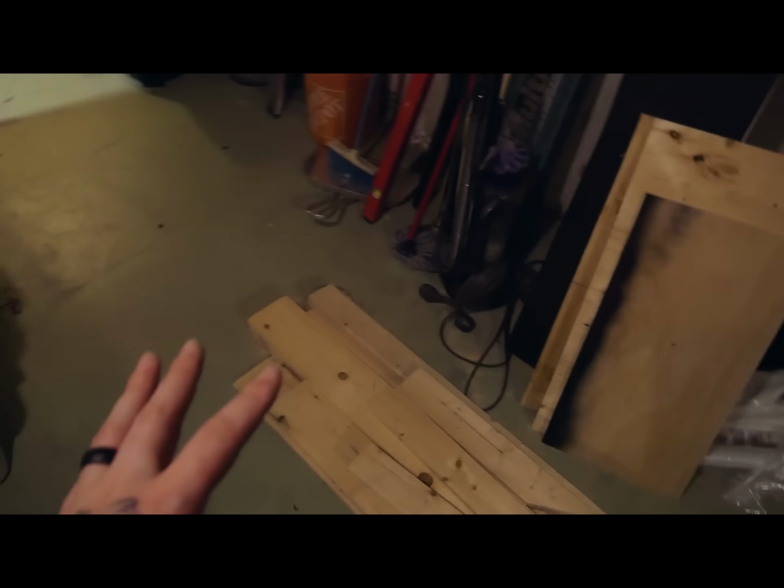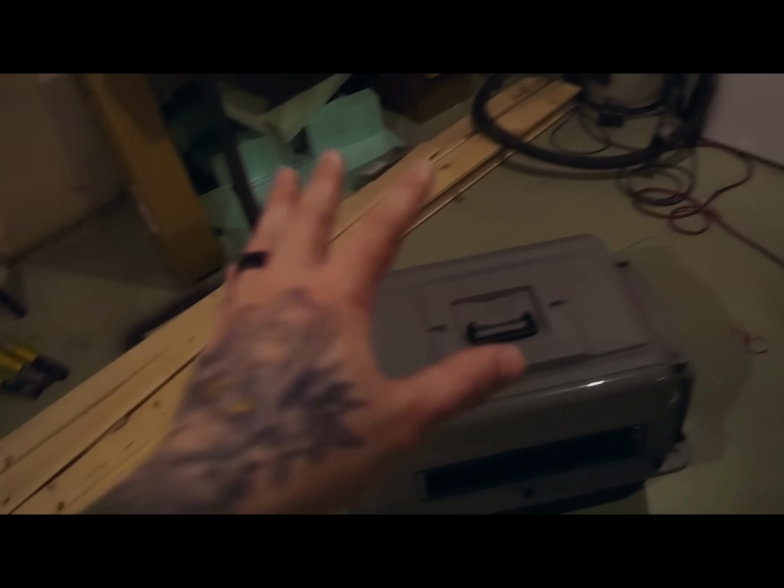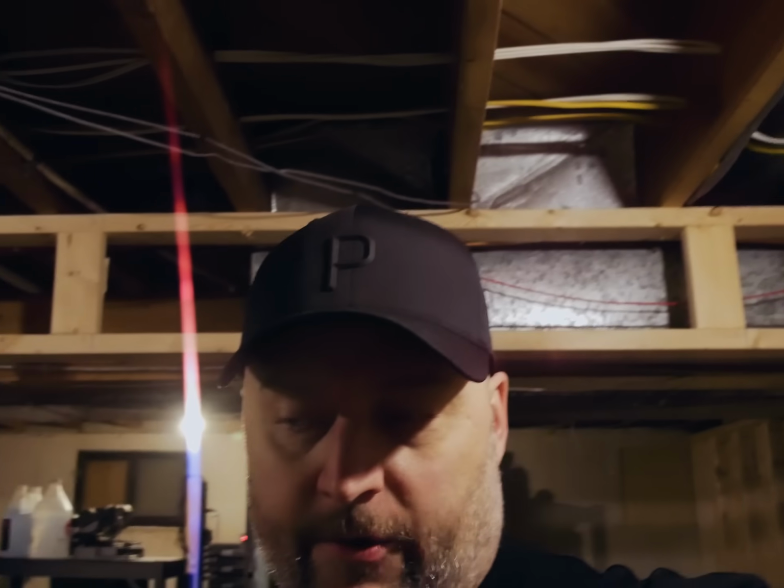I know that I can probably fix it with like 25 bags of self-leveler, but if I'm being completely honest, I don't really want to have to do that. That's a pain in the butt job, and I don't feel like carrying all those bags of concrete down here. So once I get this place a little bit more emptied and cleaned up so that area is exposed,